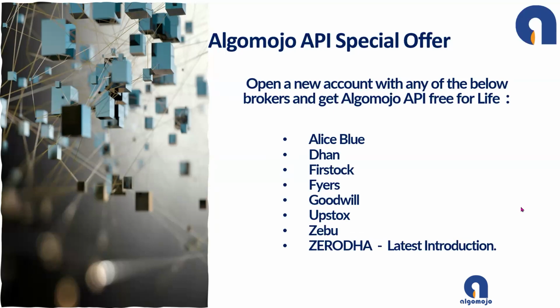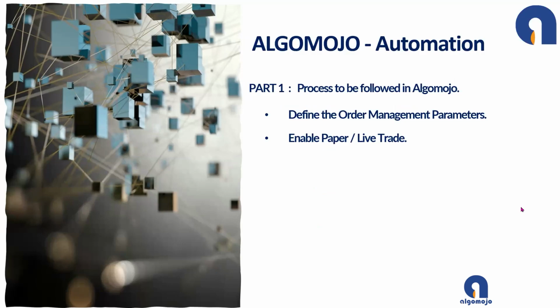How to do that? I'll show you in our platform how to open a new account with Algomojo as a referral. Now, when it comes to automation, it happens in 2 steps. One is in Algomojo, you need to define what you want to trade. That will be the first process. The second process is to create an alert in TradingView, or load certain modules in Amibroker or MT4 or in charting. So the automation alert creation is the second step. We will have a look at both the steps